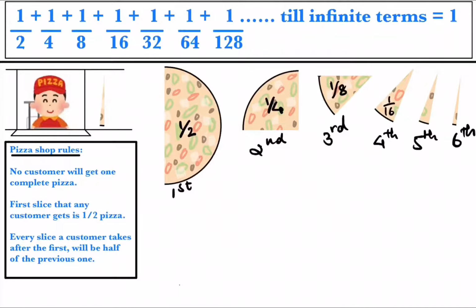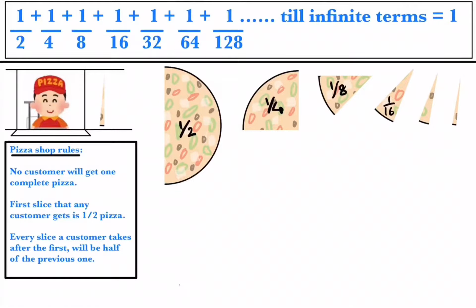Now, what do you think? How many pizzas did you eat after, say, taking 30 to 40 slices in the same pattern? Say after 100 slices in the same pattern. Trust me, you didn't even eat one complete pizza. And I can prove that. So now to prove the above equation, what I'm gonna do is I'm gonna combine all these slices of pizza.